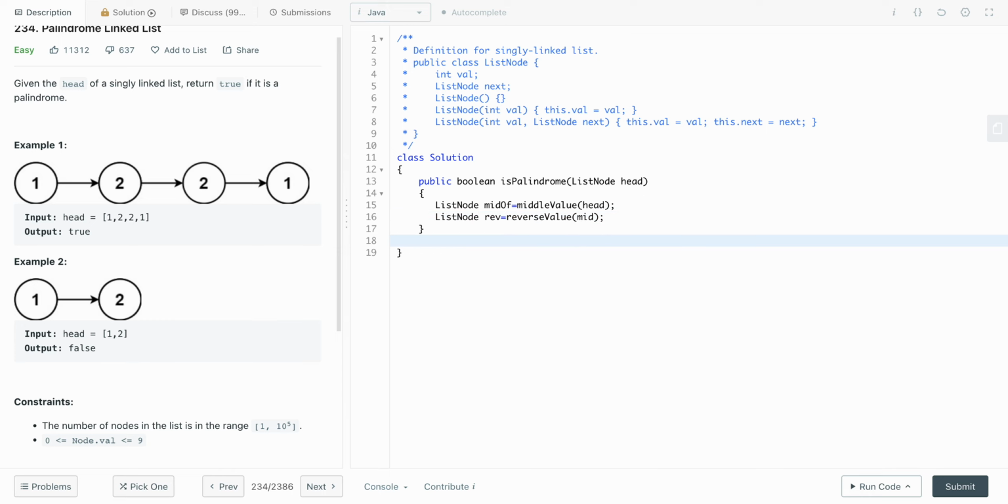First we have to write this function. This will be list node, it will return middle value of list node of head. Okay, and the next function that we are going to do is list node of